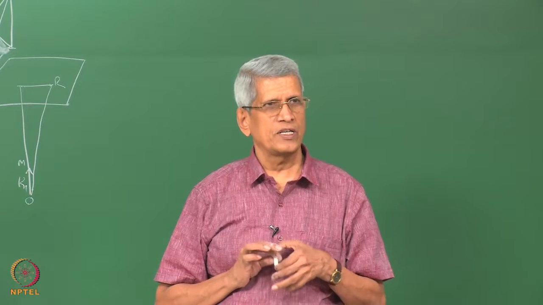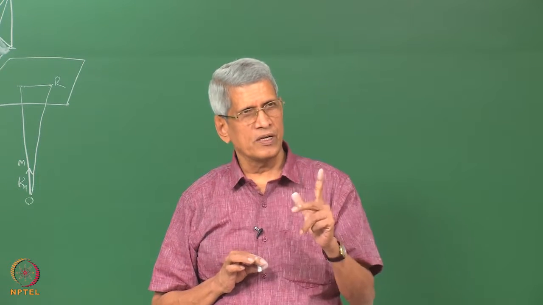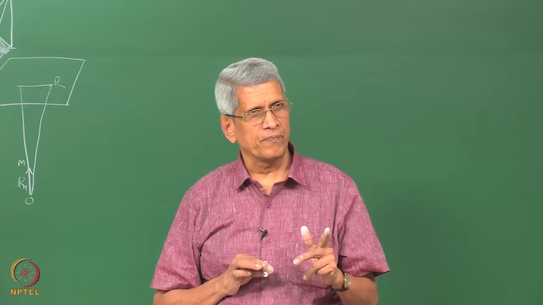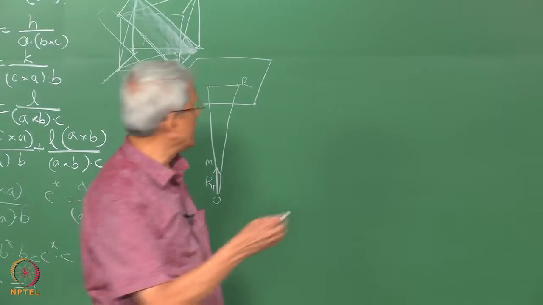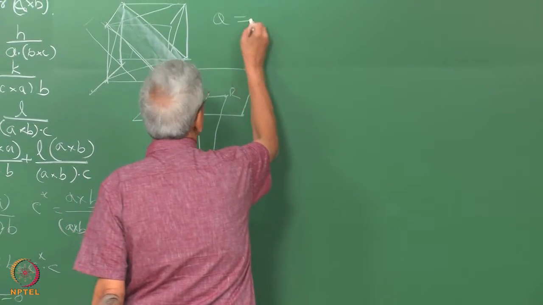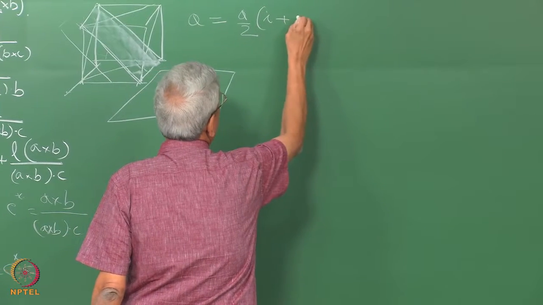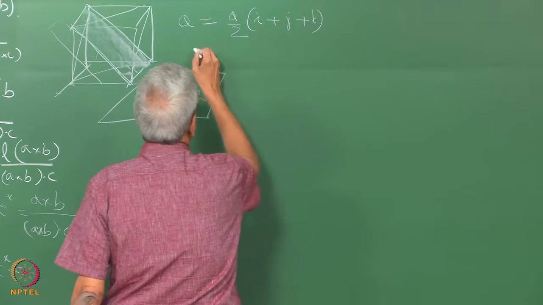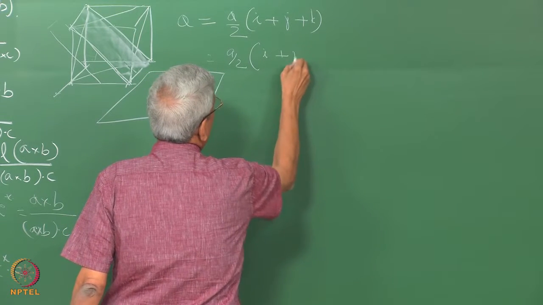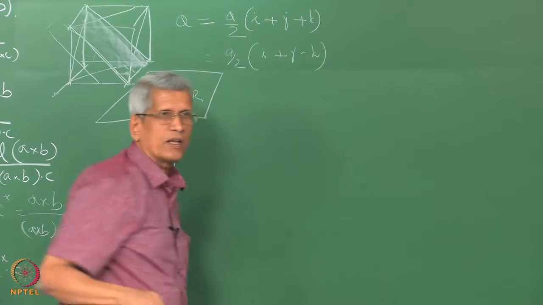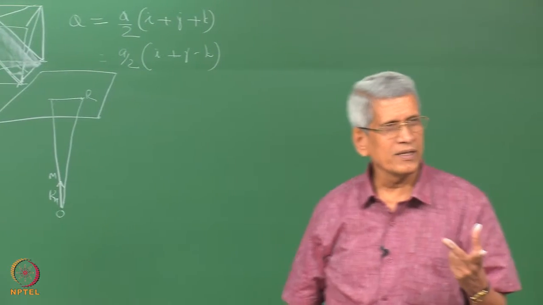Now, suppose we take a body centered lattice, then what do we have to do? We have to first find out the primitive lattice vectors. In the last classes we have seen that one vector could be A by 2 times (i plus j plus k), another will be (i plus j minus k). There are 4 vectors that will come out of this. We will choose 3 of them to define the coordinates.